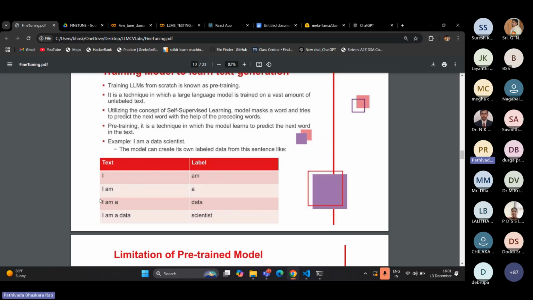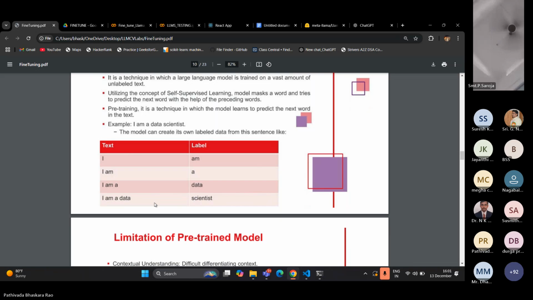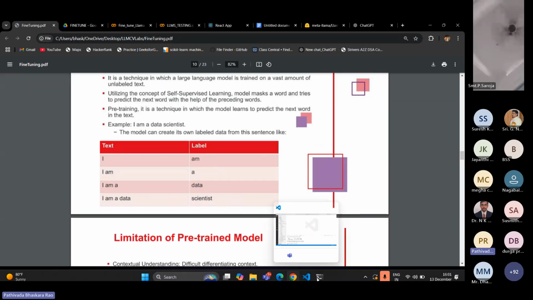If it takes "I am here," the next word which needs to be predicted is "data." "I am here data" means the next word to be predicted is "scientist." Every time the model predicts token by token, right? Every time. Okay. So in this way, for example, if you could see,